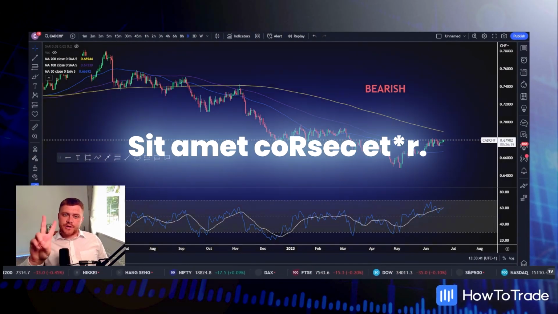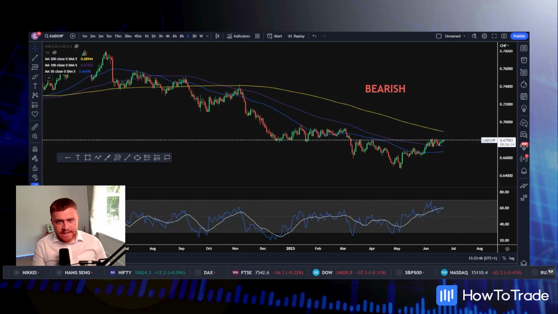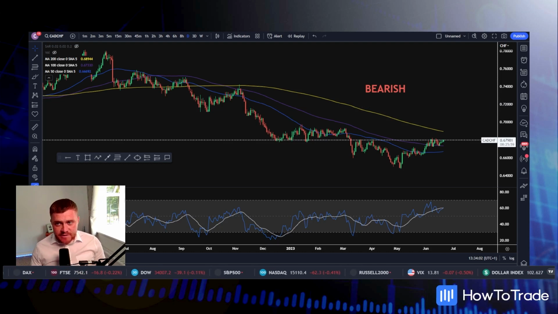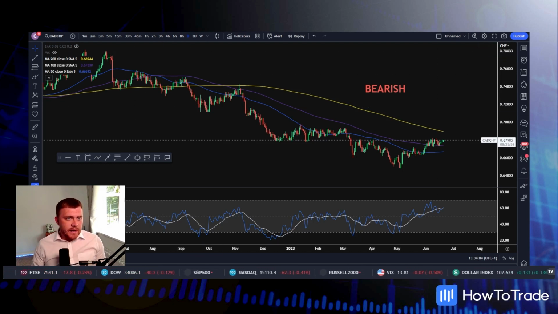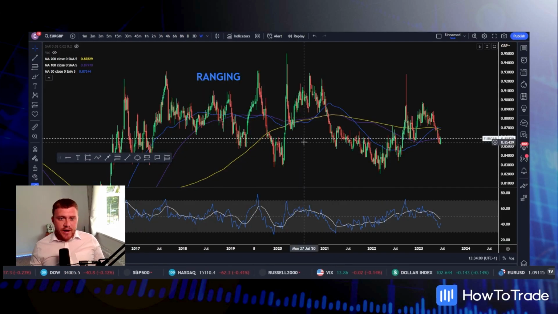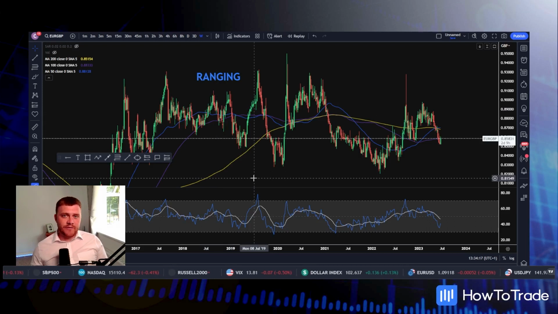Okay, so tip number 2 is all about understanding market conditions. Having an EA that works in any situation, in any condition, is extremely rare, if not near on impossible. Therefore, you should always have market structure in your mind. You should always analyze market structure and what type of situation your EA works best in. Is it in a bearish market like the one we see here? Would it be in a bullish market like the one we see here? Or does your EA perform better in ranging markets? Understanding how to identify market structure with highs and lows will really go a long way in boosting your profitability